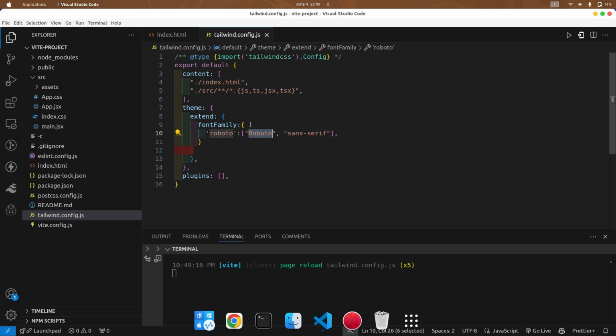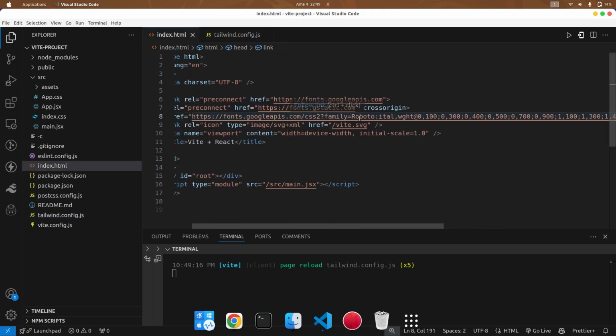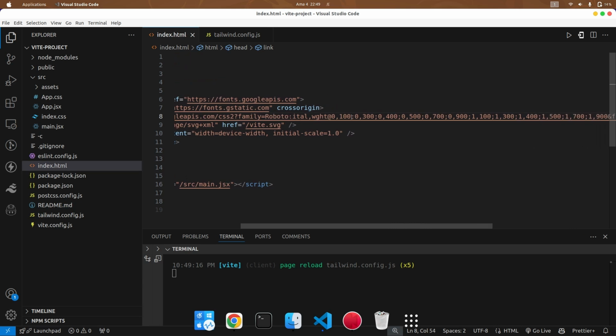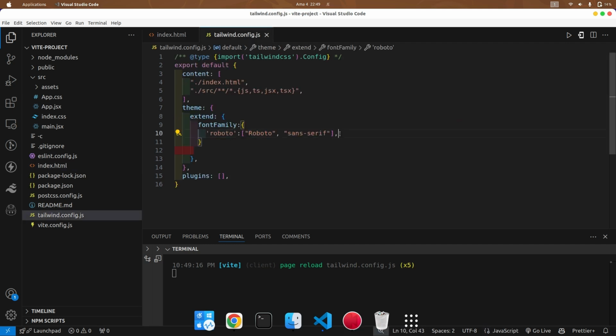So remember, this Roboto is actually the same exact name that you got from Google Fonts. So you can see it is capital R. So ensure that you just pass the name the way it was. And then we also have the second font. You can see it, the way it is written. So for me, inside here, I will just come and add maybe